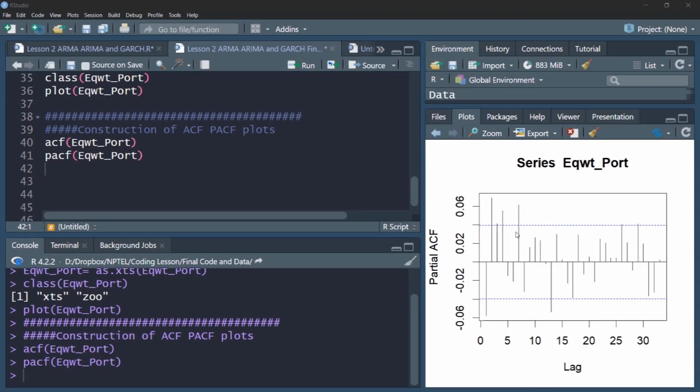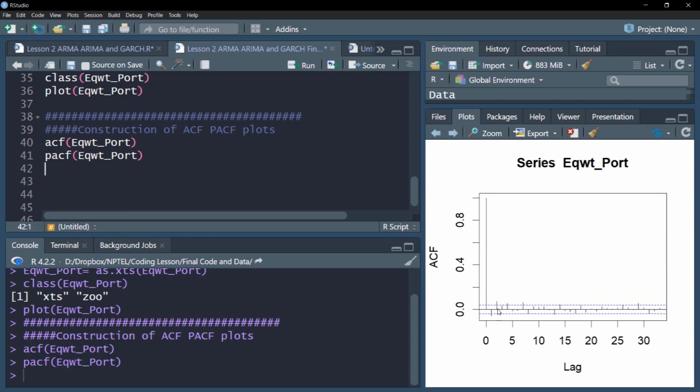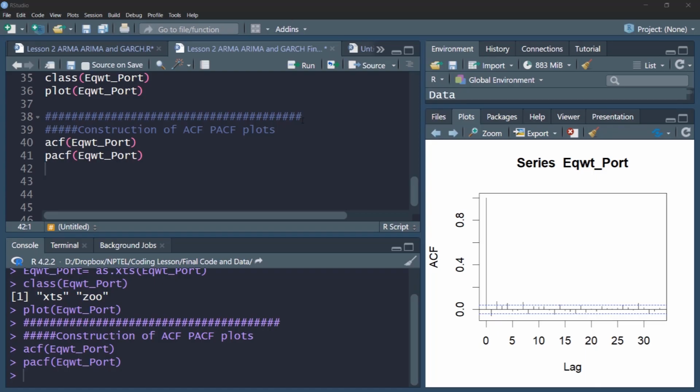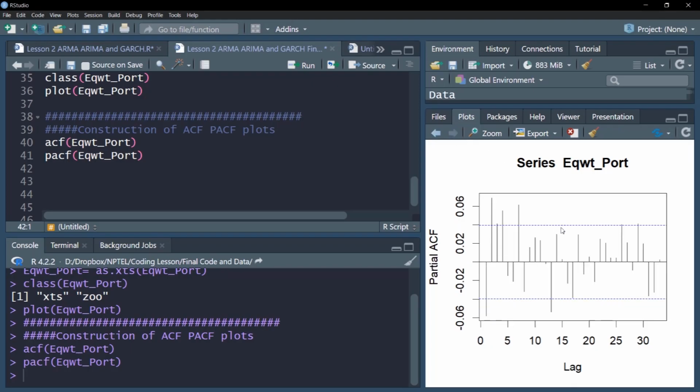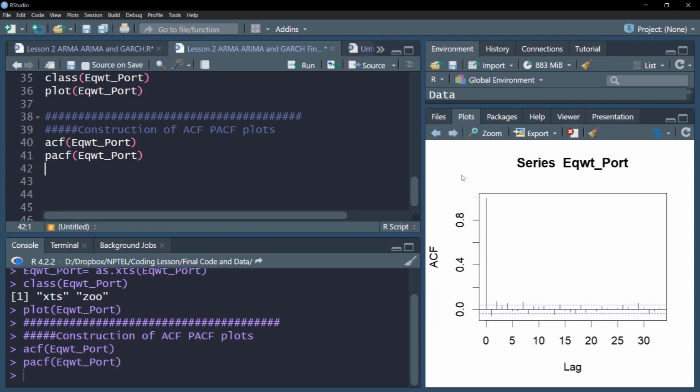We can see a sort of declining structure in the PACF diagram, and if you look at the PACF, there are a few bars. So it seems to be the presence of both AR and MA, because if there is AR, then that AR structure is nicely captured by the PACF plot in the form of these declining bars. Similarly, if there is MA, you can see in the ACF plot this kind of declining structure. There is somewhat small MA, but predominant, you can see.